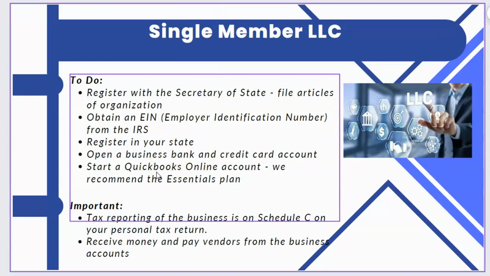Next, and very important, is open up an accounting file. I noted QuickBooks Online here. If you're going to go that route, there's the Essentials plan. I really like QuickBooks Online. There's another company out there called Xero, spelled X-E-R-O. That's another option. If you want to go the free option route, there's one called Wave Apps. So W-A-V-E